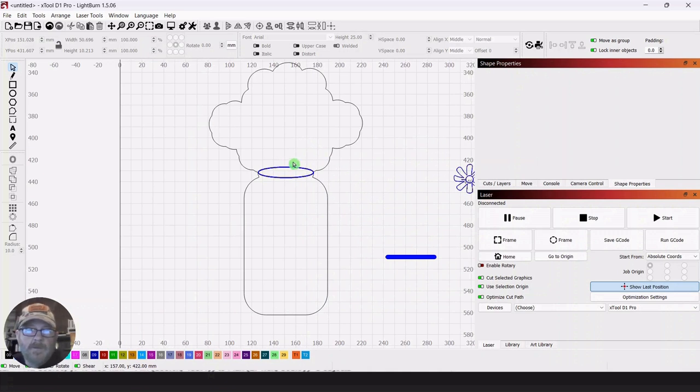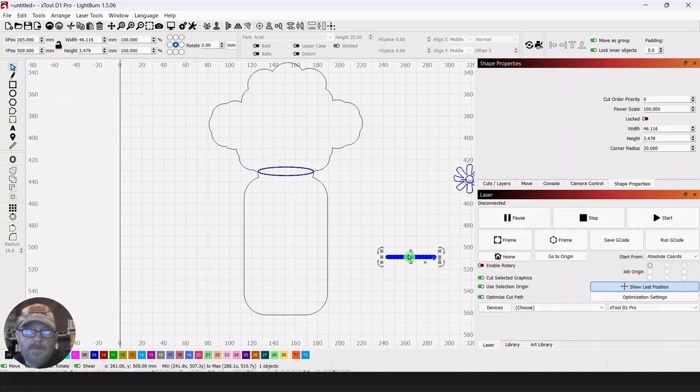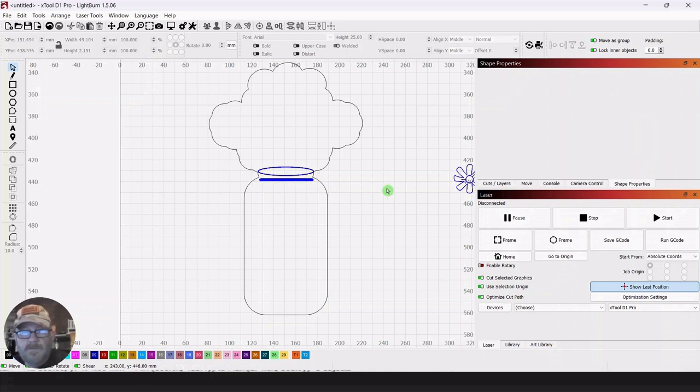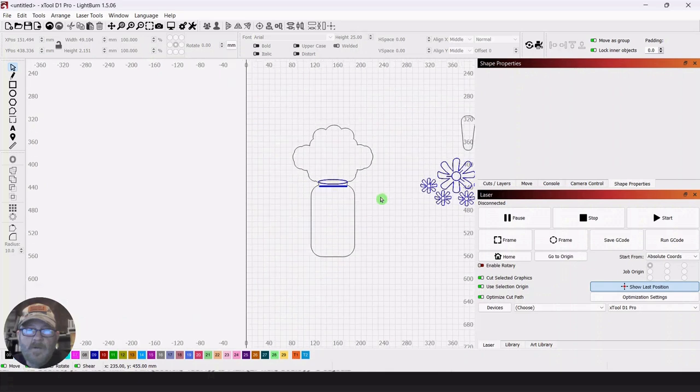So now, again, we won't group this in. You can squeeze that up a little bit. Make room for your piece here for the edge, the bottom lip of the jar. You can even squeeze that up a little bit. No two of these will ever come out the same. So, all right, now